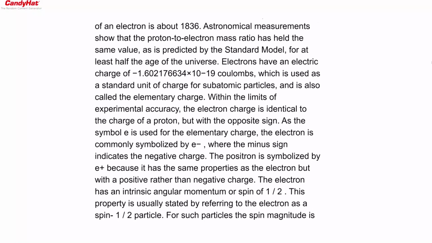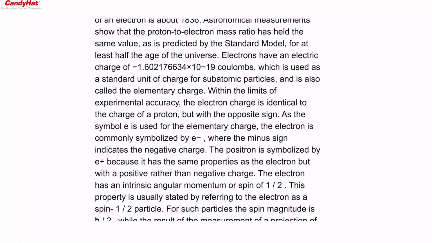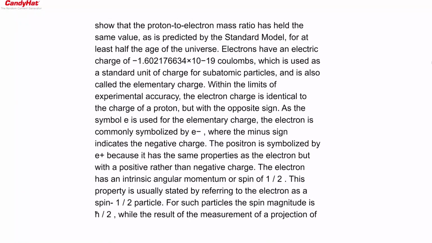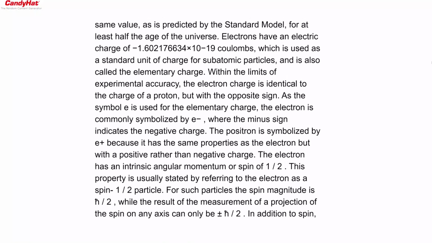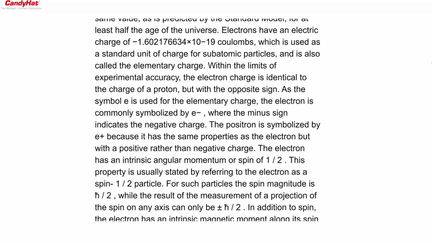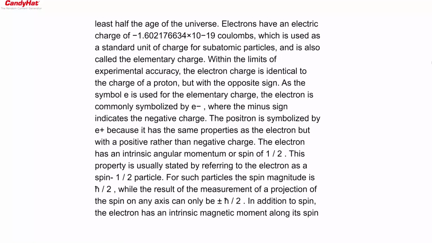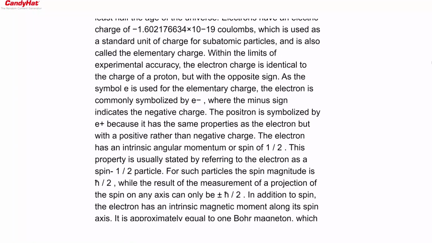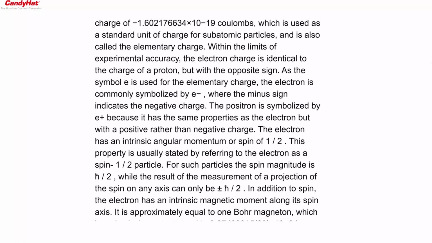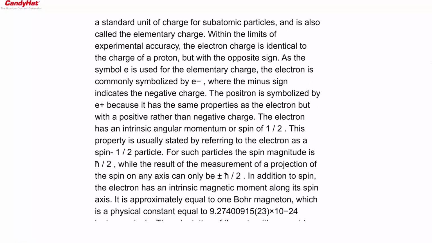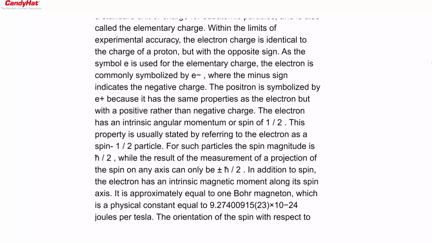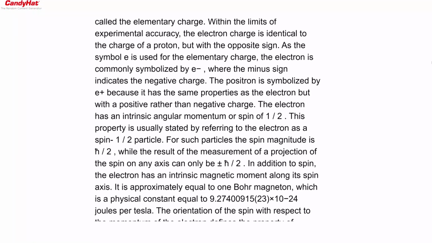As the symbol e is used for the elementary charge, the electron is commonly symbolized by e⁻, where the minus sign indicates the negative charge. The positron is symbolized by e⁺, because it has the same properties as the electron but with a positive rather than negative charge. The electron has an intrinsic angular momentum or spin of